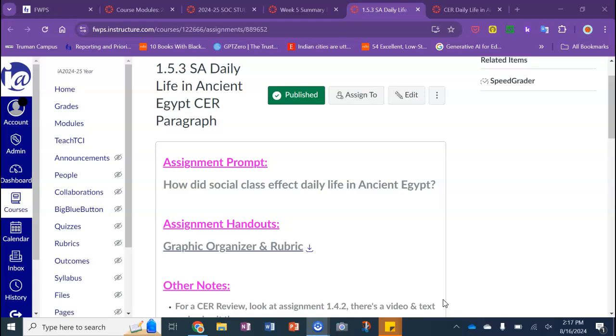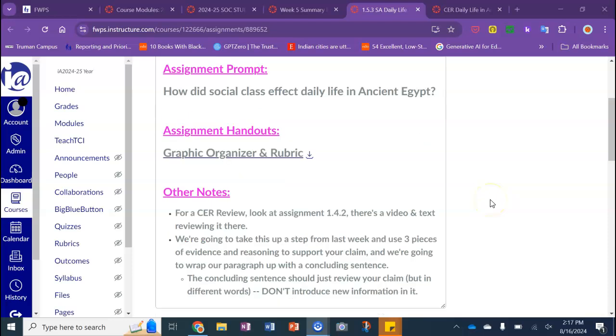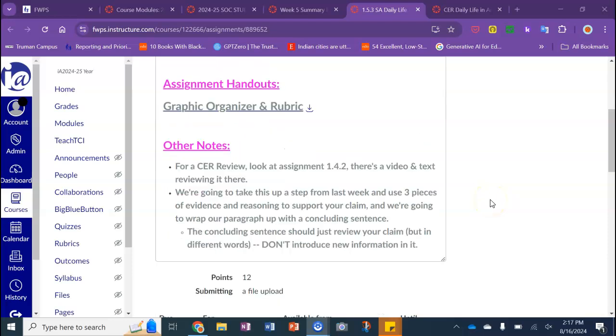All right, and our prompt, what we're going to be answering is, how did social class affect daily life in ancient Egypt? And before I dig into the graphic organizer and show you that, I'm going to point out a couple of quick things